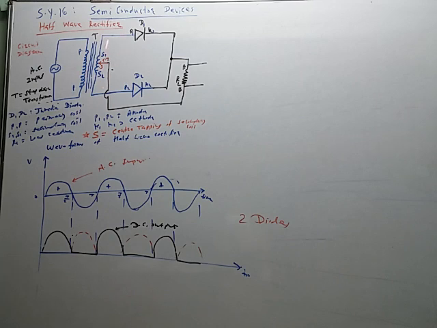It divides the total number of turns in the secondary into two halves. For example, if the total number of turns is 100, then from S1 to S there are 50 turns, and from S to S2 there are the remaining 50 turns. If the total voltage across the secondary is say 18 volt, then from S1 to S there is 9 volt, and from S to S2 again there is 9 volt. So 9 plus 9 is equal to 18 volt, like this.